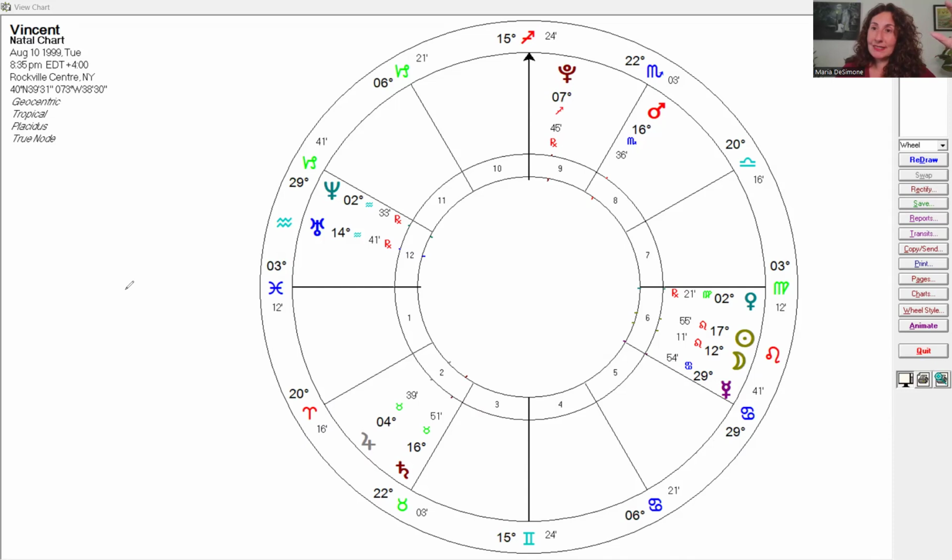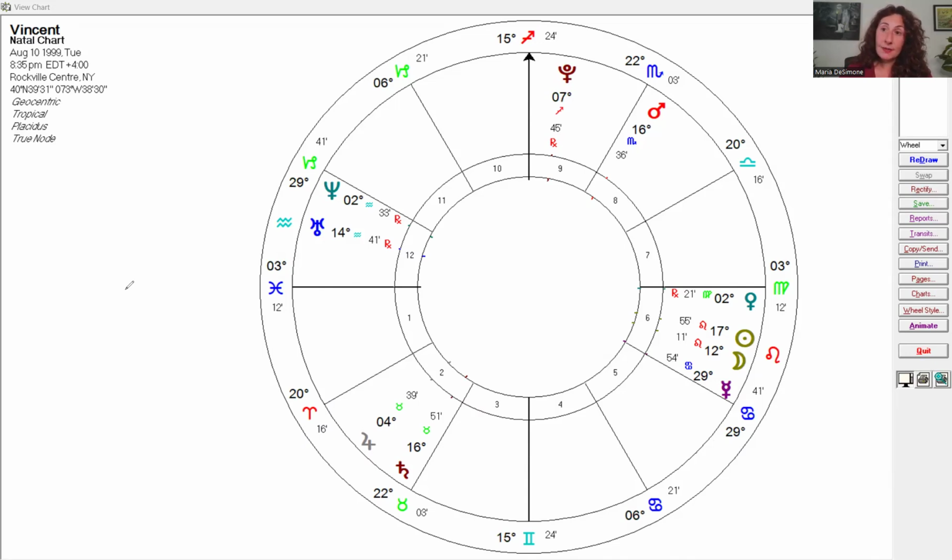So an interception, some people argue, well, it's just there because of the math. And that's how the chart is laid out. So there is no meaning behind the interception. And that is one argument. And you can certainly look at it that way. You're free to. My position is more nuanced because I feel that if we choose our birth time and our birth location and our birth circumstances, then those people who are born with an interception are choosing to be born with that interception for a spiritual reason.